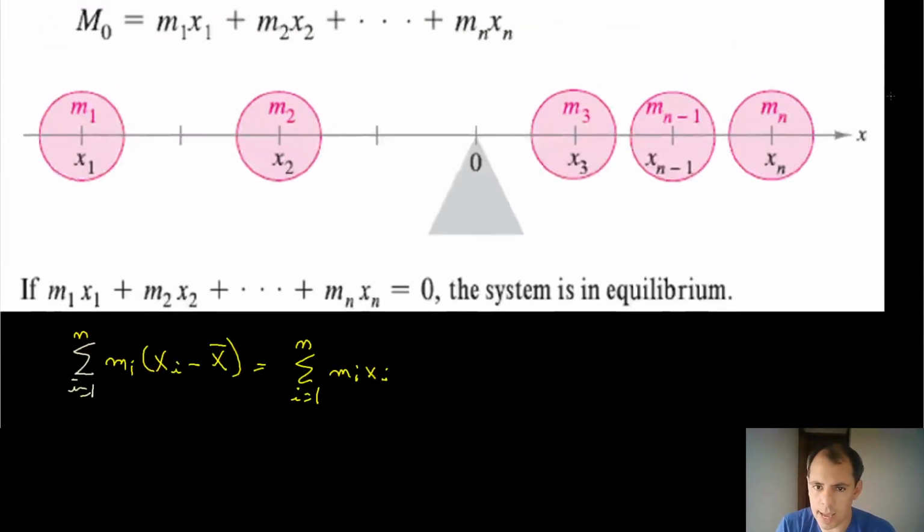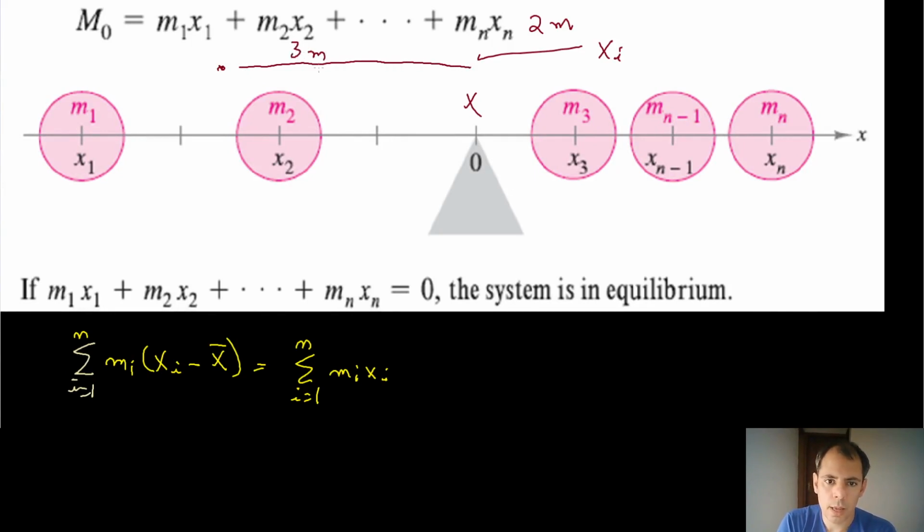Well, I just want to show you something else. This x bar is going to be right here. We're going to consider this the pivot. So if xi is positive, like 2 meters, then xi is going to be here, 2 meters away. If xi is negative, like 3 meters negative, kind of like here, there's going to be a space in here of 3 meters, but it'll be negative because it'll be,